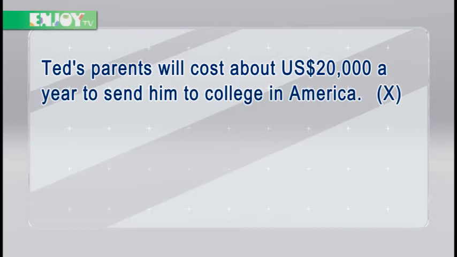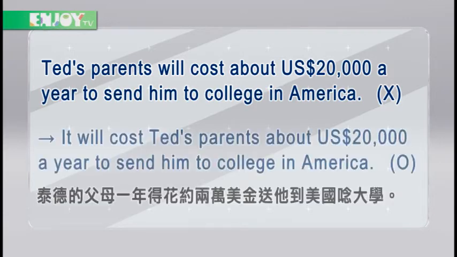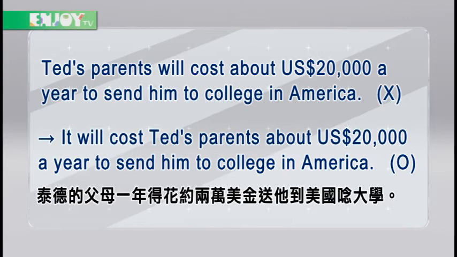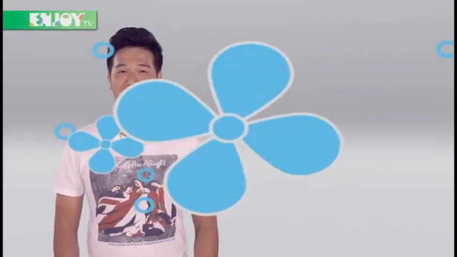America。好，主词是 Ted's parents，他是个人，所以我们不能够用 cost，我们必须要这样讲才对。It will cost Ted's parents about $20,000 a year to send him to college in America。Ted 的父母呢，他一年必须花大约$20,000送他到美国念大学。所以希望大家都可以学会这3种花费的用法咯。